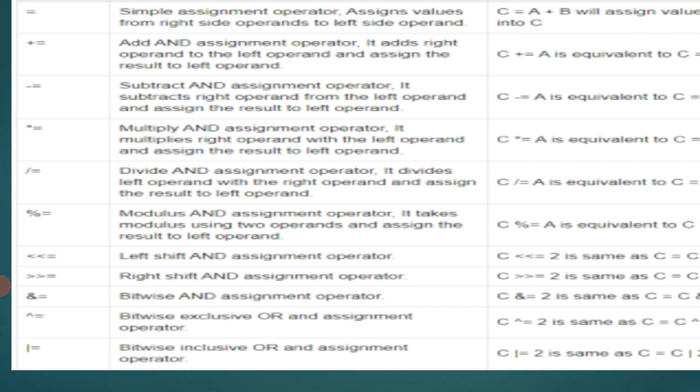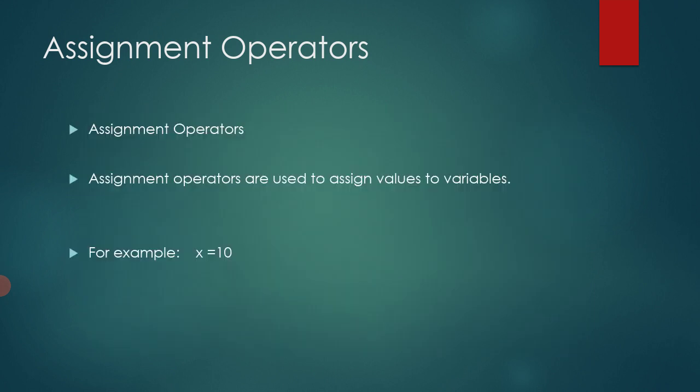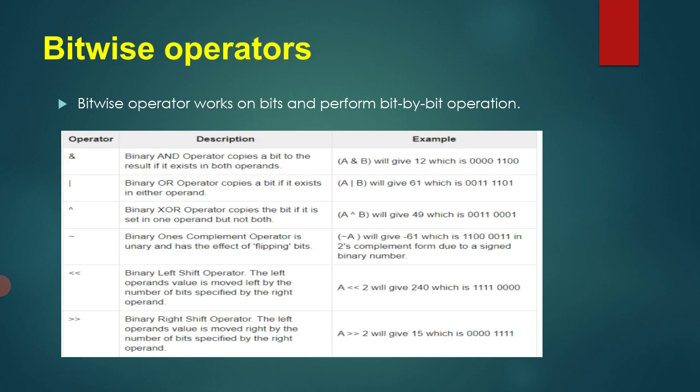So with this, students, we have studied different categories of assignment operators, and it is important to understand what assignment is and what the difference is between the assignment and is equals to operators. I hope it is clear to you what the assignment operator is. The next operators are bitwise operators.